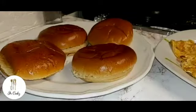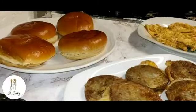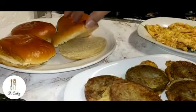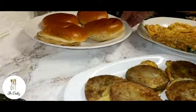So today we're going to be making the famous Karachi burger. I'm going to show you how to make it and how to assemble it in a quick and easy way. So let's begin. So I have here some brioche buns which I have cut up already,